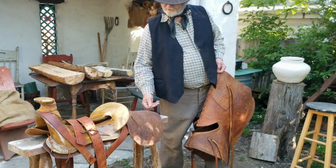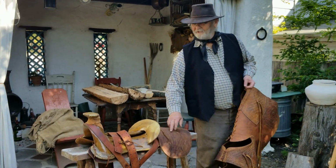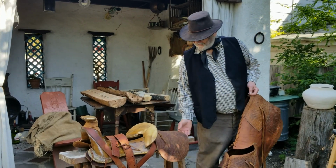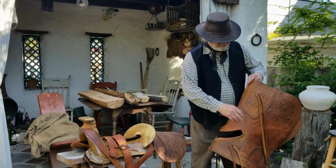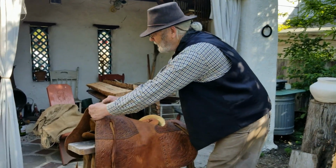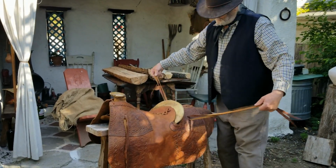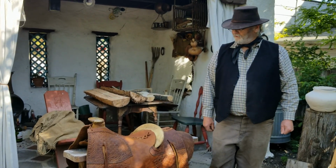And so the anquera was on virtually all the saddles up until the mid-1800s, and they had a variety of purposes. The main one was to keep whatever you tied on behind your saddle off the sweat of the horse, and then the other thing was